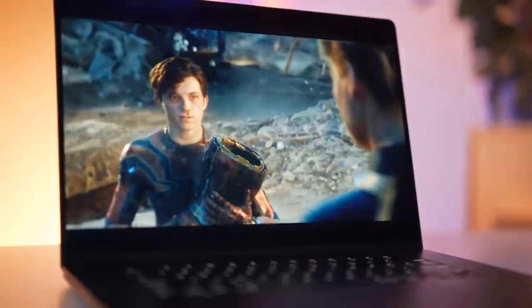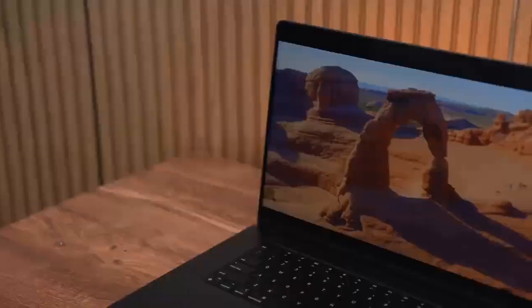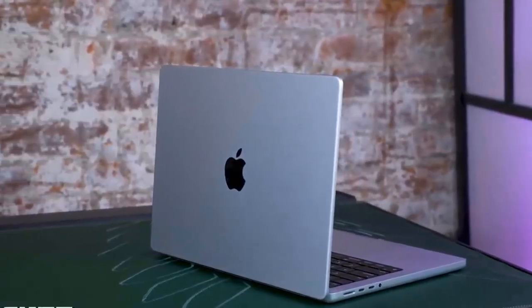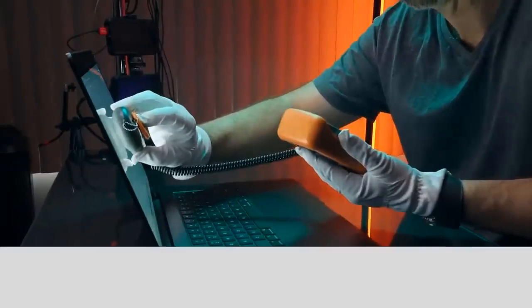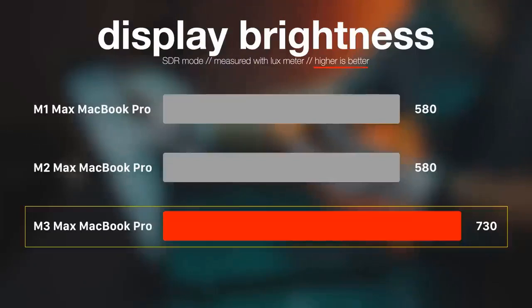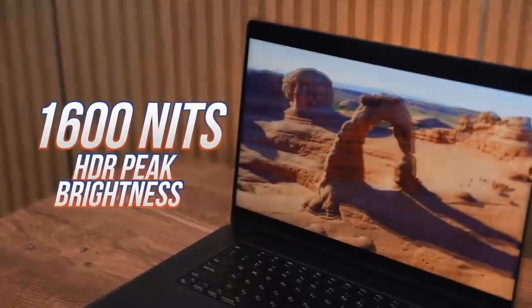like Marvel's Endgame on Disney+. When viewing HDR content, the panel may not gain as much performance as you'd expect over the previous top M2 Pro. Now it's more even. It also has lower memory bandwidth and one less meter that it is for M1 Max MacBook Pro and M2 Max MacBook Pro was giving me 580 lux, and this in the which is a peak brightness of 1600 nits